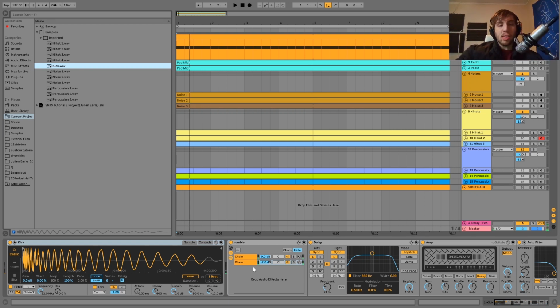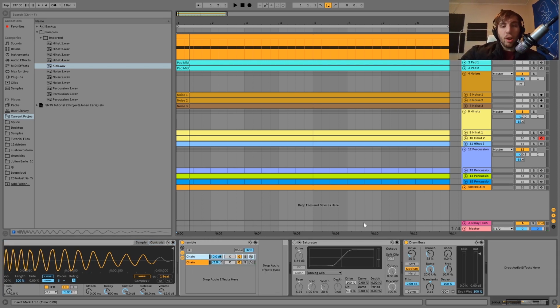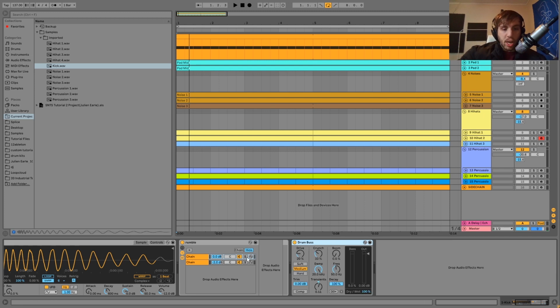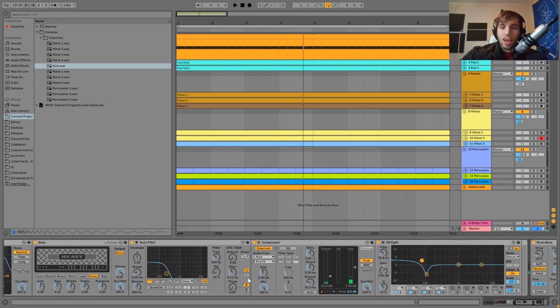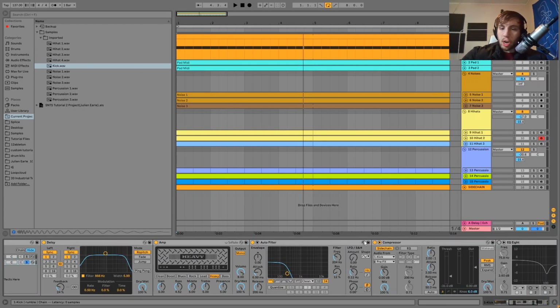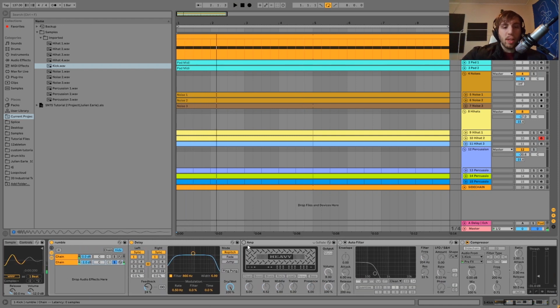And then what's happening here is you can see we have it going into this rumble chain. So we've got an audio effect rack, and then we just have two chains inside of that. We have a dry chain, and then this rumble chain here. For the rumble, the way it's being made is basically, it just starts with this delay. Doing that, and then we put it into the amp,